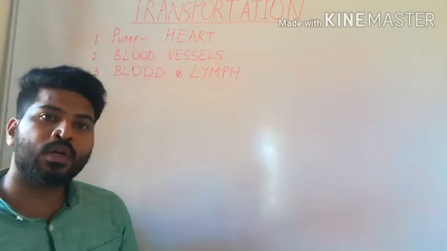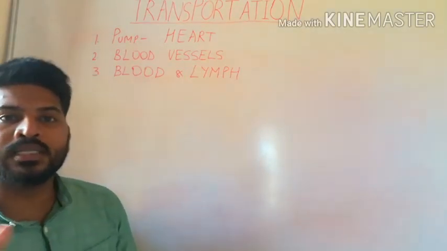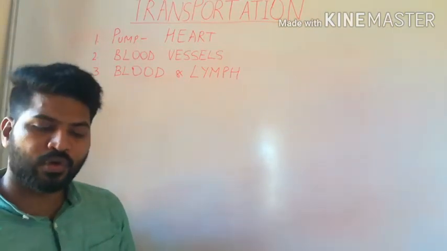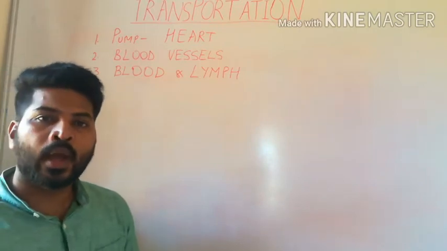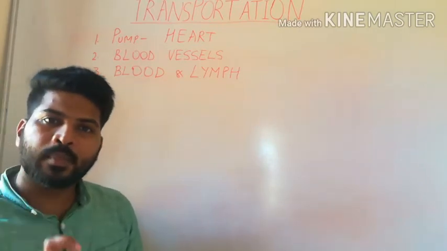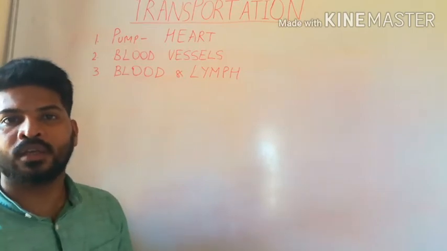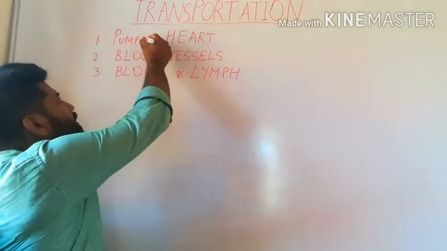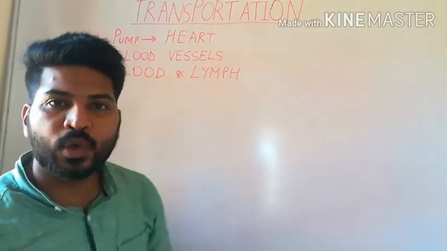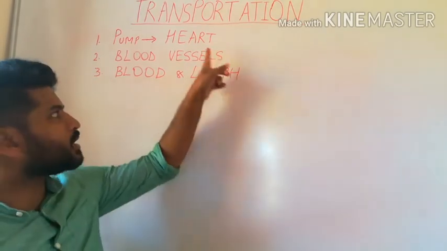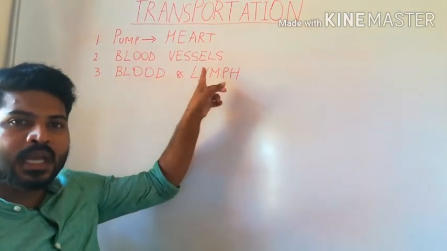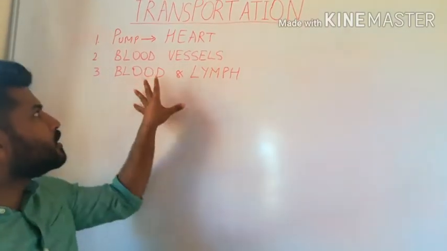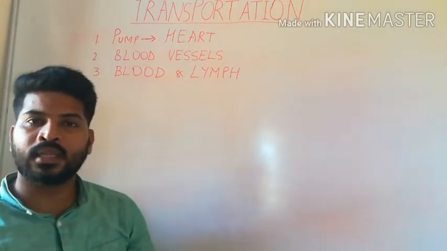In order to transport blood from one place to another, a certain amount of pressure is required. Without pressure, blood cannot be moved to far places like the toe. So, we require a pump which will pump the blood at high pressure, for which we have an organ known as the heart. So the circulatory system or the transportation system is made up of a pump, that is the heart. It contains blood vessels, and the medium through which all the substances are transported is the blood. Let us talk about these three in detail.